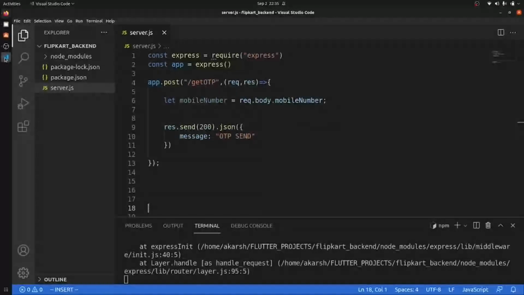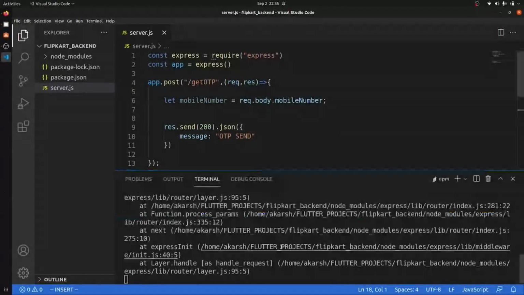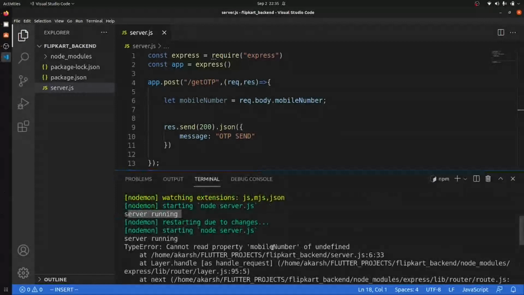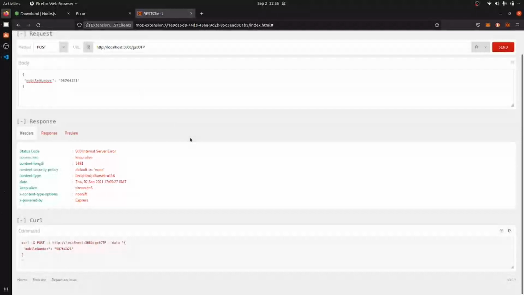Okay, we got an error. What is the error? Cannot read property mobileNumber of undefined. I'm not sure why this happens.